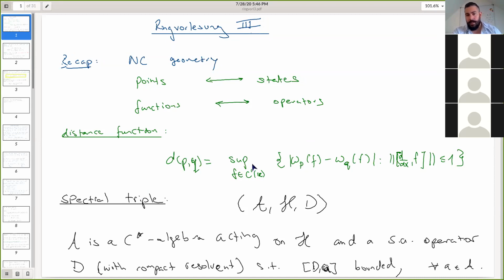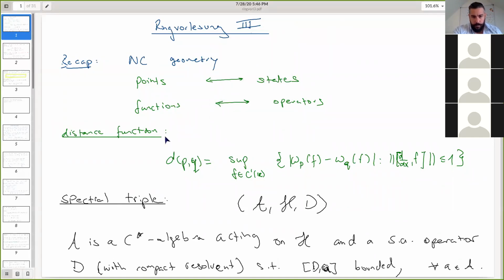You can write this as the supremum over f being a C1 function, so continuous and one-time differentiable, of the modulus of omega p of f minus omega q of f, such that the commutator [d/dx, f] has norm less than or equal to 1. I told you that you can replace any function by an operator which acts on functions of the Hilbert space as a multiplication operator. Okay,